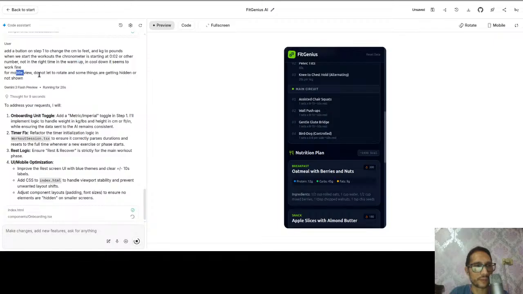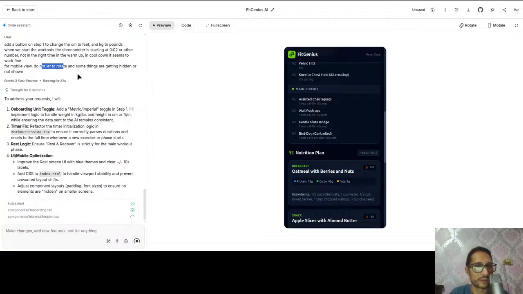And the mobile view, do not let it rotate because it won't fit at all, and some things are getting hidden or not shown. We will check if there is a change there. So that's the next improvement.